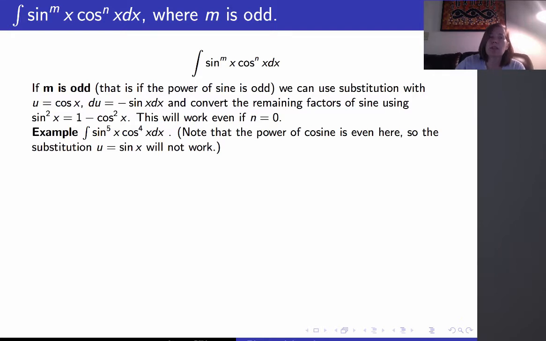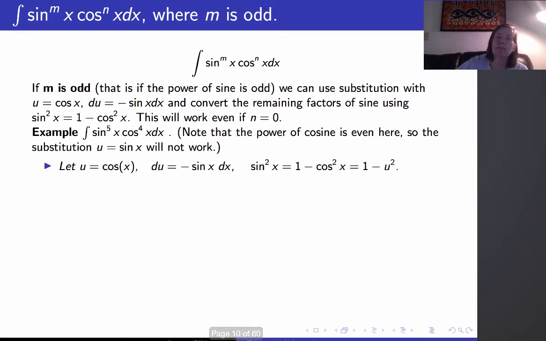Let's look at the integral of sine to the 5x times cosine to the 4x dx. Note that the power of cosine is even here, so the previous substitution, u equals sine x, will not work. If both powers were odd, then we would have options here. But as it stands, only the power of sine is odd, so we're going to make the substitution u equals